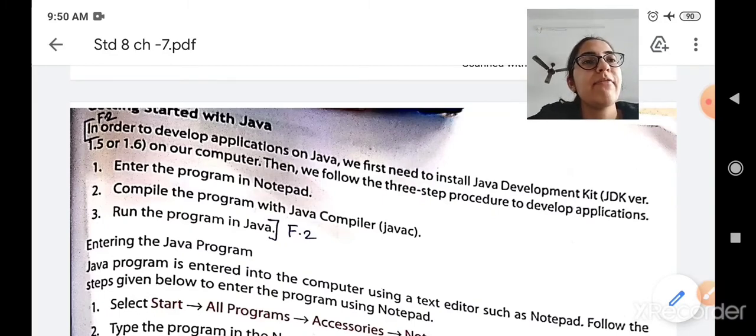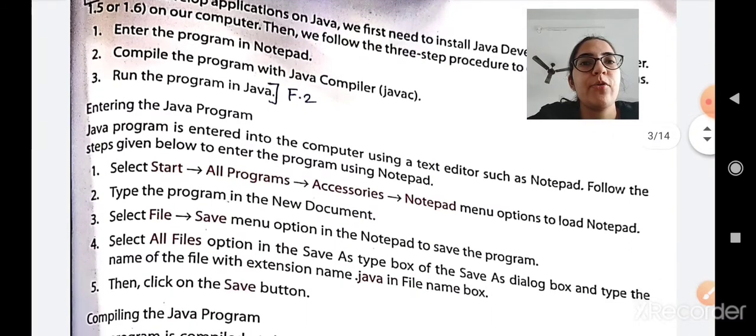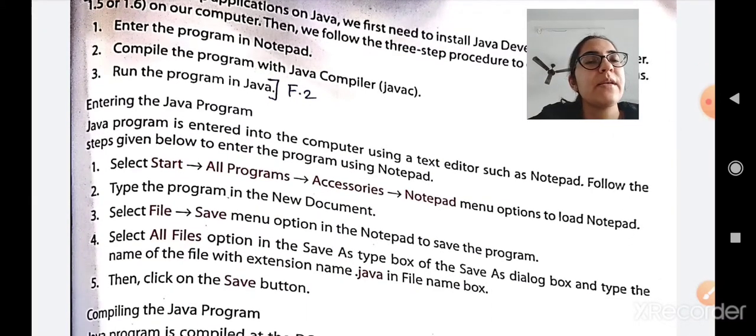Now let us see first how to enter the Java program. A Java program is entered into the computer using a text editor such as Notepad. Follow the steps given below to enter the program using Notepad. First, go to the Start menu, then select All Programs, Accessories and Notepad to load Notepad. After that, type the program in the new document.